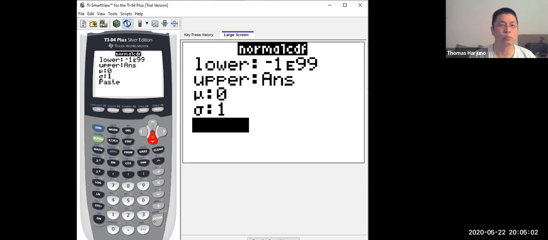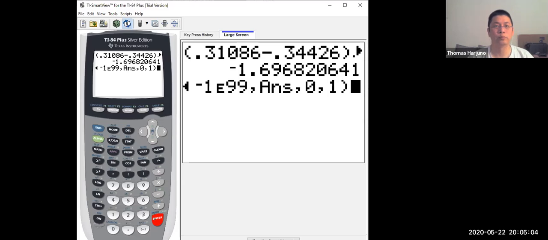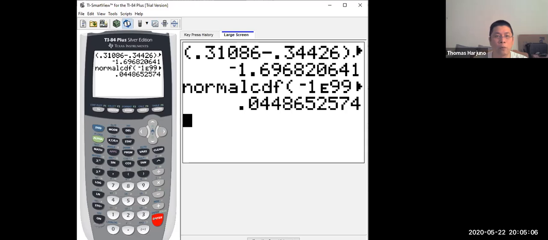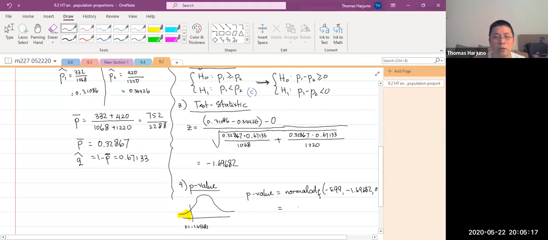It is 0.04487. That's 0.04487. And because the alpha is 5%,